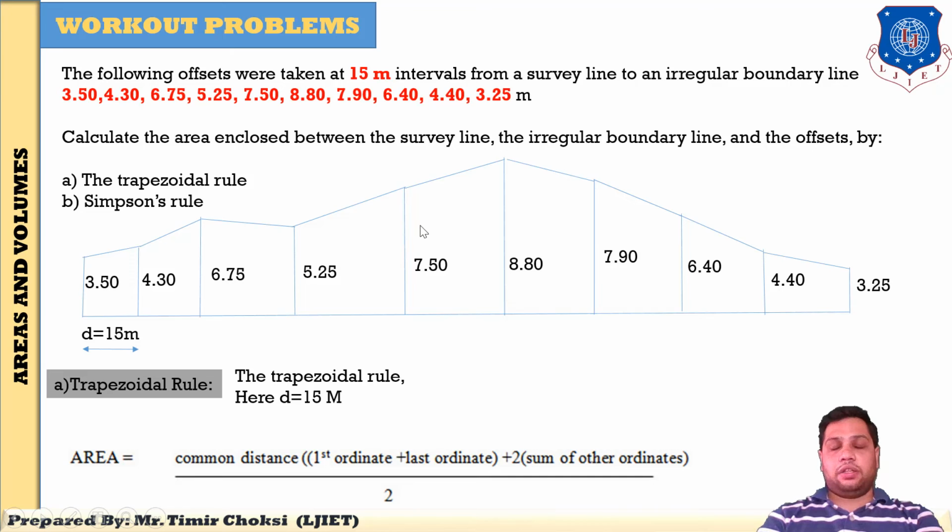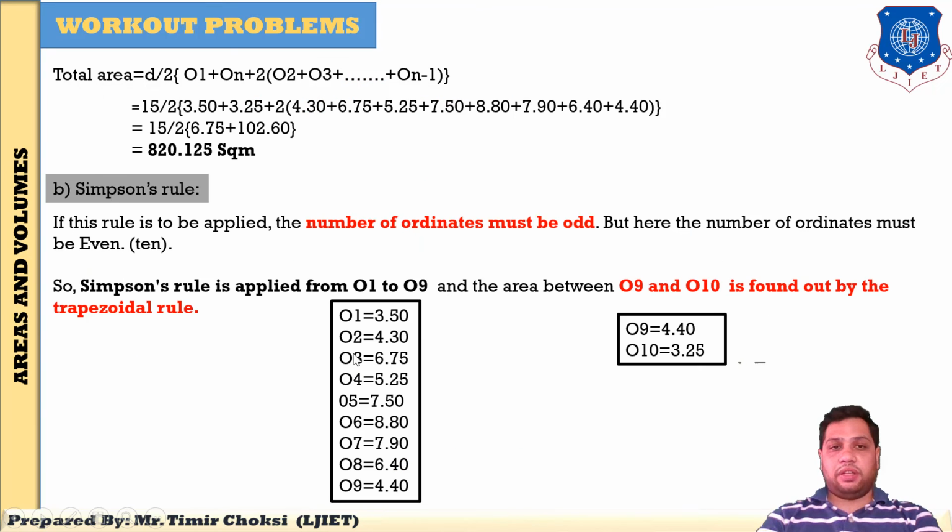So you know the particular Simpson rule limitation. In the Simpson rule, you have to take odd ordinates. But here in this example, even ordinates are given. So step number 1, draw the figure and find the trapezoidal rule. You already explained this in a previous session. D by 2, sorry, previous example, O1 plus On, means first ordinate plus last ordinate, plus 2 in bracket